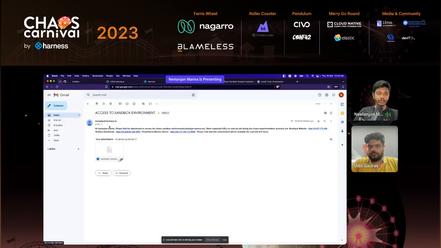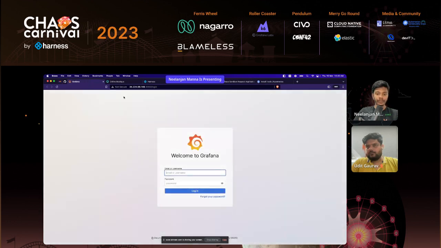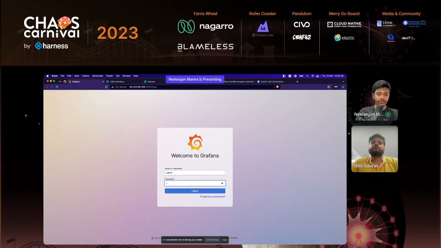and we can also see that we have received a Grafana dashboard deployment URL. So if you try to access it, we need to log in over here. So the default credentials for the Grafana dashboard are admin for the username and admin for the password. Please remember this. It's admin for the username and admin for the password. If you try to log in,